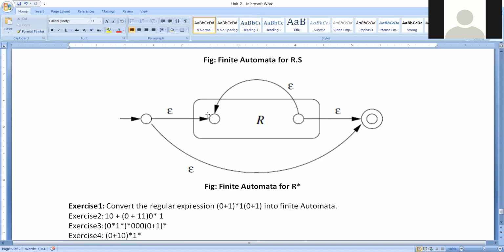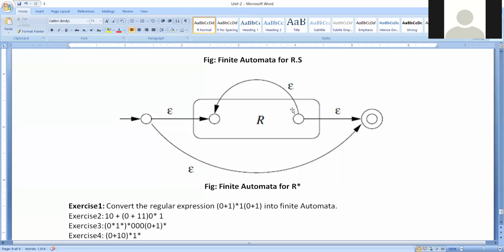You can see here, this is my initial state, this is my final state. So it has to accept the epsilon. That is the reason why from this initial state to the final state, we have an epsilon transition over here. Okay. Then as it has to accept at least 1 time or 2 times or 3 times or 4 times, that is the reason why we have a looping epsilon transition.